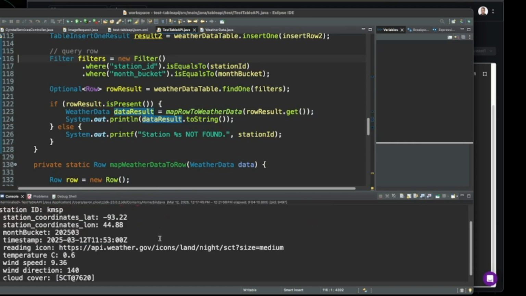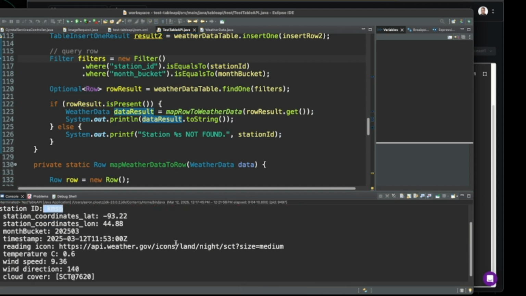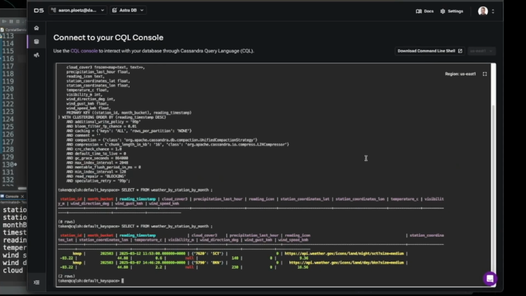All right, there we go. So it did in fact pull a record back. 2025-03-12. And yep, we have our cloud cover, we have our temperature of 0.6 degrees Celsius. Let's jump back here a second.